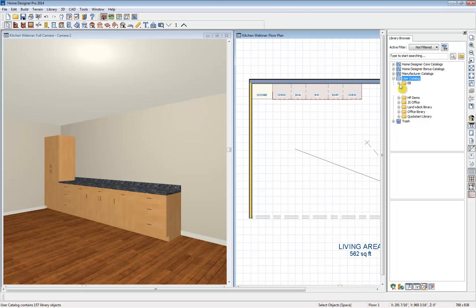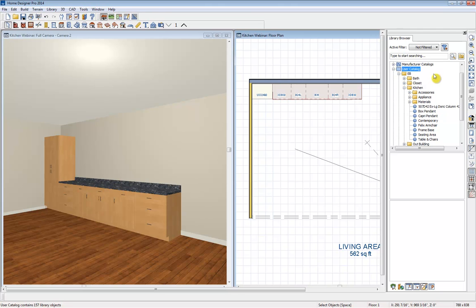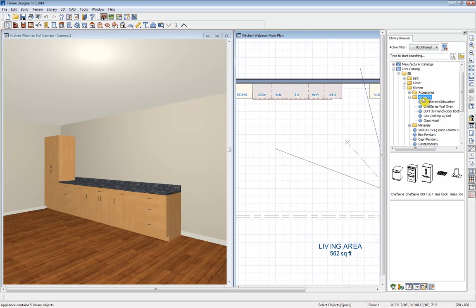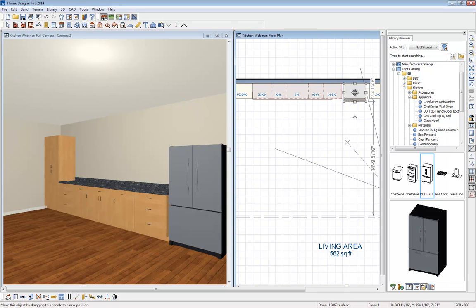So I've created my own folder and copied a couple different items from our generic library and pasted them in here because I use them pretty frequently. So let's get into my appliance folder and select my refrigerator, and we're just going to drop that in. And I'm not going to bump it up quite yet because I would like to put a partition in that area. I like that seamless